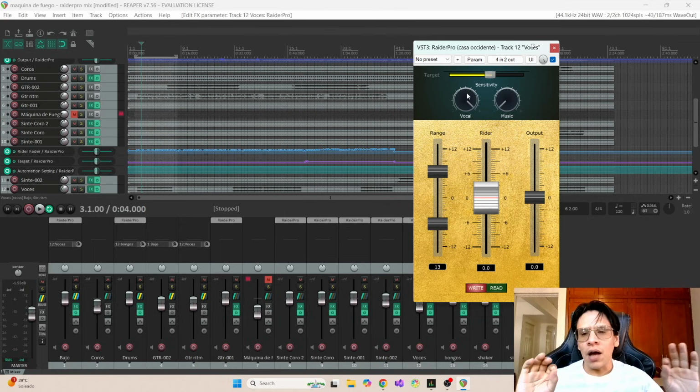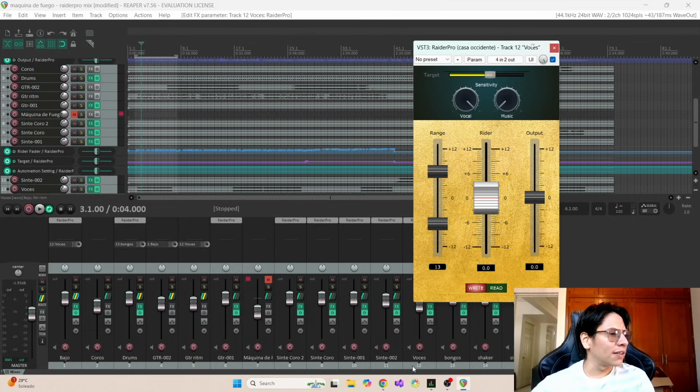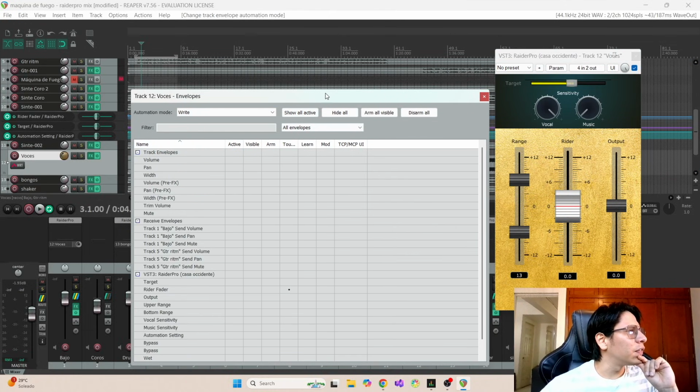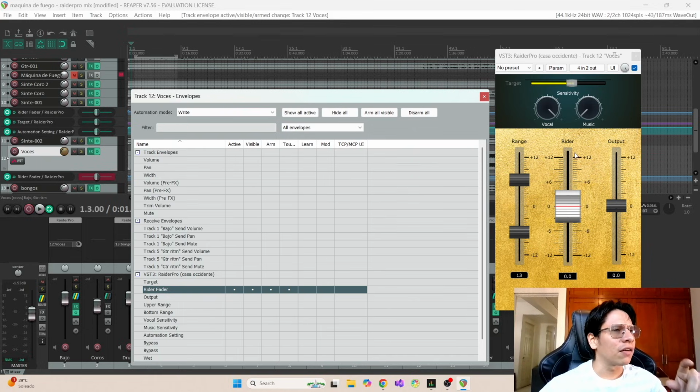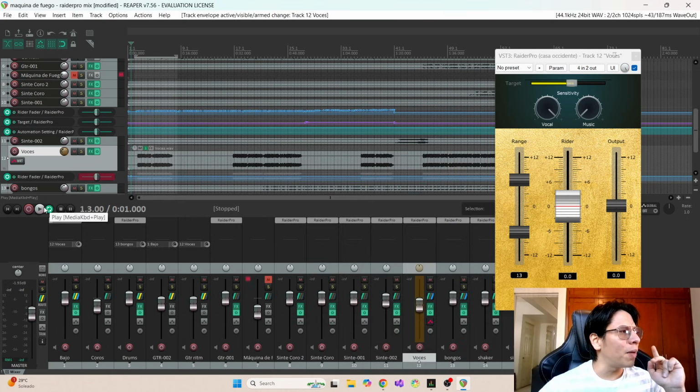And lastly, automation. So what we have here, for example, let's go with the vocals. Set it to write and arm your Rider faders. You will write the automation for this fader. Then you don't need to use the plugin anymore. You don't need to use the algorithm. You will release CPU. So basically, when you do this and you play,